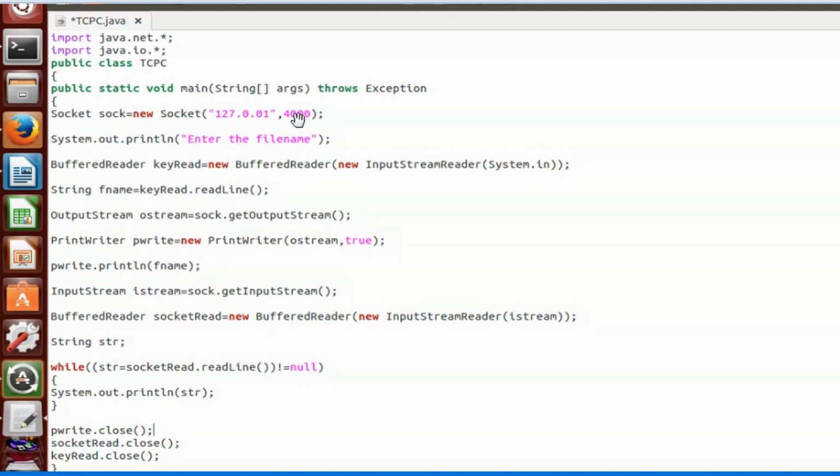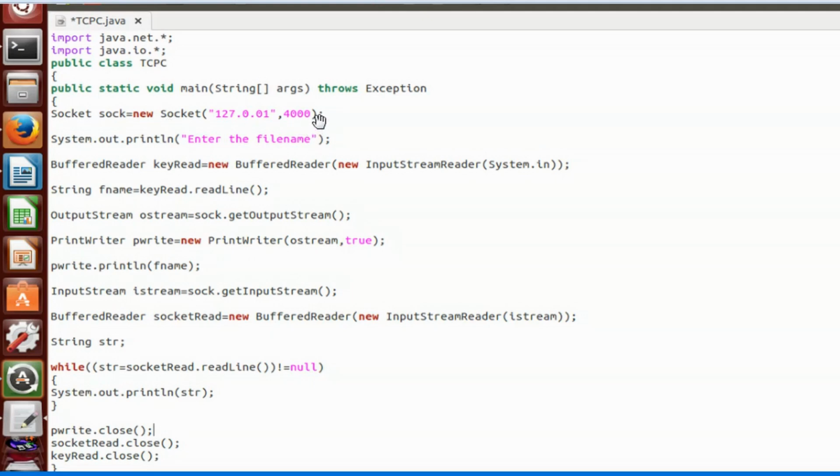A few of your applications use some ports by default. For example, if you have MySQL installed, it will have 3306 as the port number, and if you have Tomcat, it will have 8080 as the port number. So you have to do some trial and error to get the port number. Generally for me this 4000 worked. So this is my client socket.